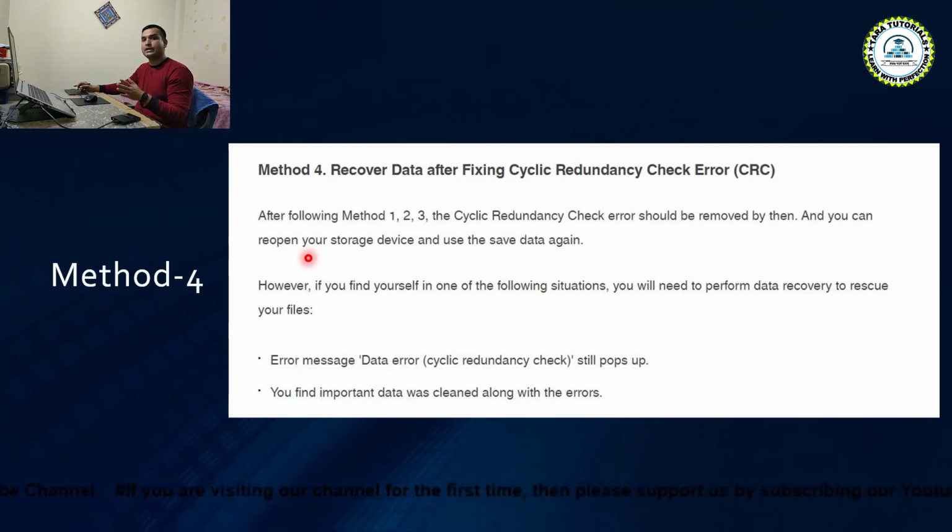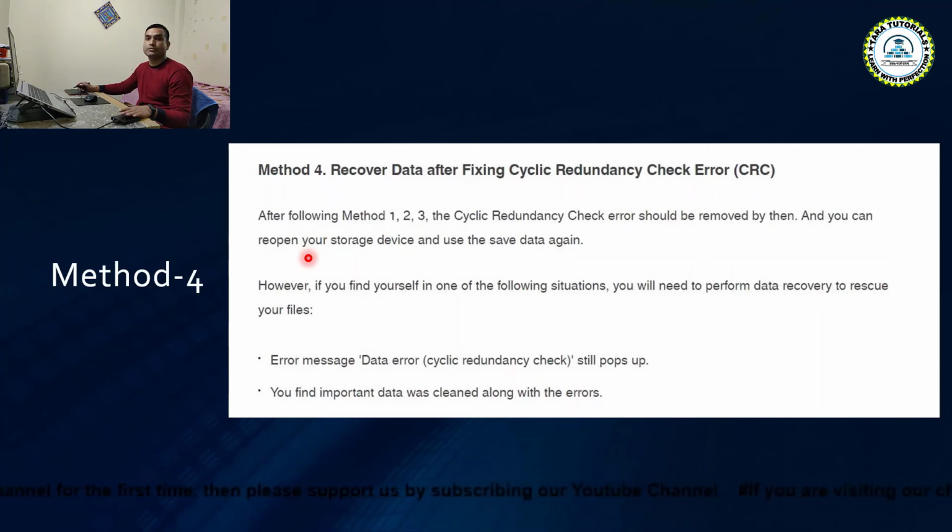The data recovery process is a little lengthy and complex, so the local vendor may ask you for say 5,000 or 6,000 bucks. In my case, last time when I tried to recover the 1 TB pen drive, they asked me for 6,000 rupees and I paid for it.